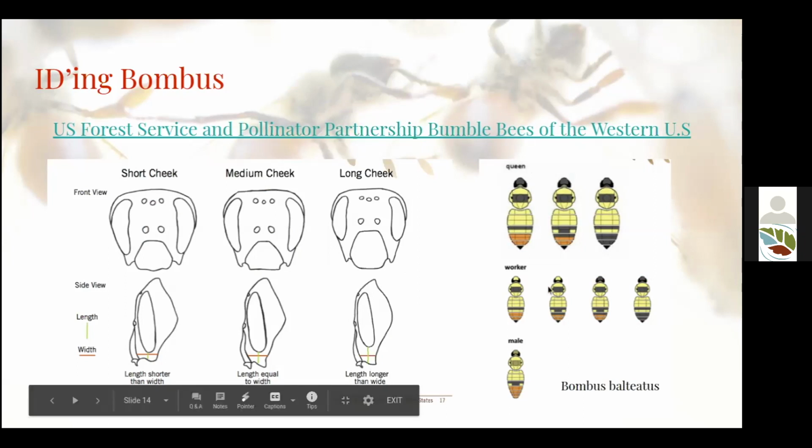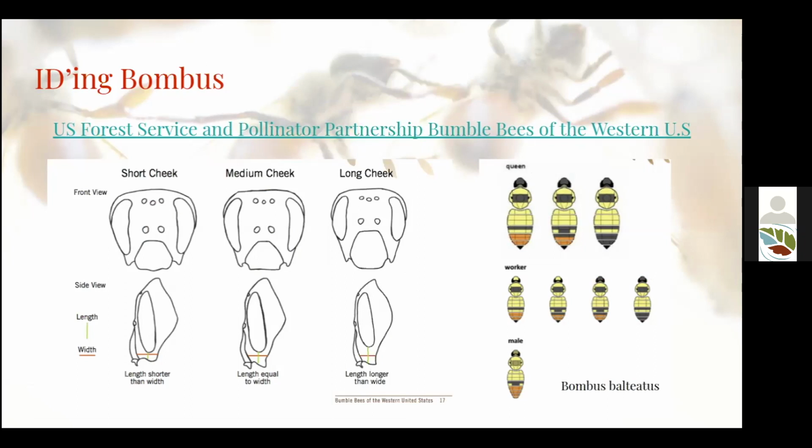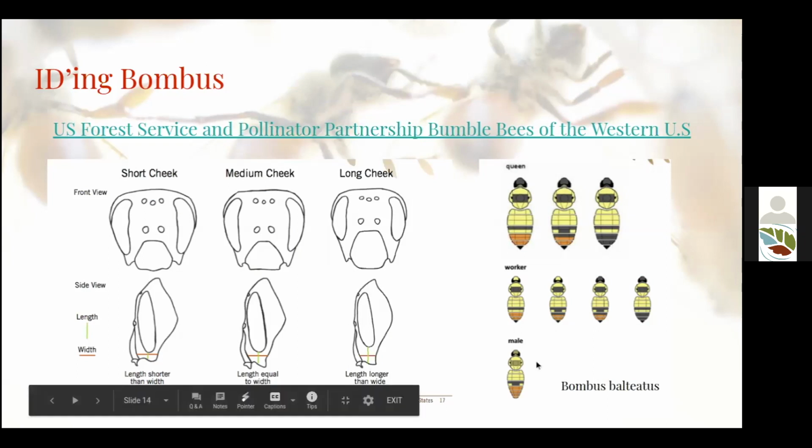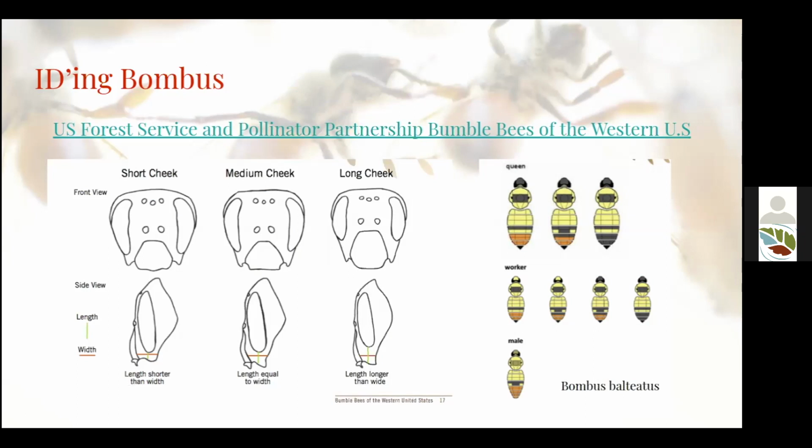And here's another example of why it might be so difficult just to site identify. So this particular specimen, or this guide, is for Bombus balteatus. And you can tell that the queens have many different color morphs and different striping patterns. Worker bees, it's the same. And then you have the male. And so you may see a male and a female worker bee of the same species that have very different appearances. So all of those things together can make it very difficult to do site identifications in the field.